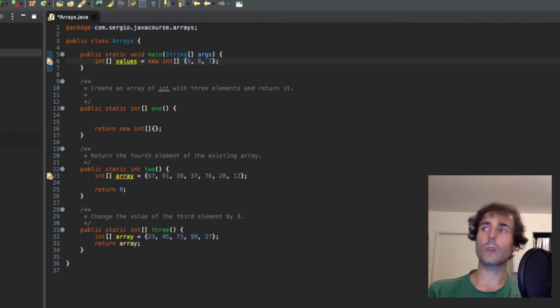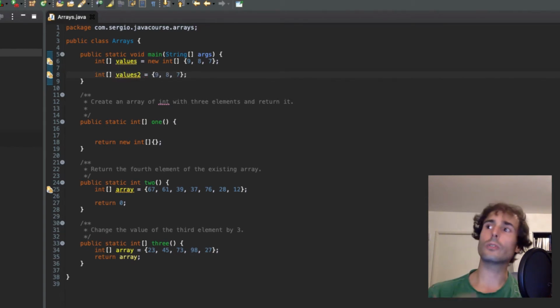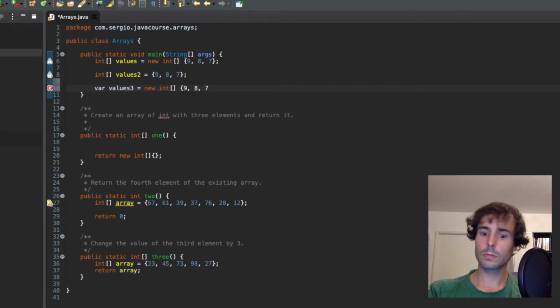But there is another way to write it. This way you avoid the new keyword and the type. The type is already inferred from the data you have inside the curly brackets. And do you remember the var keyword from Java 10? You can also use it here. But here you need the new keyword and the type to be explicitly written. Okay, that's the initialization. And to read it,